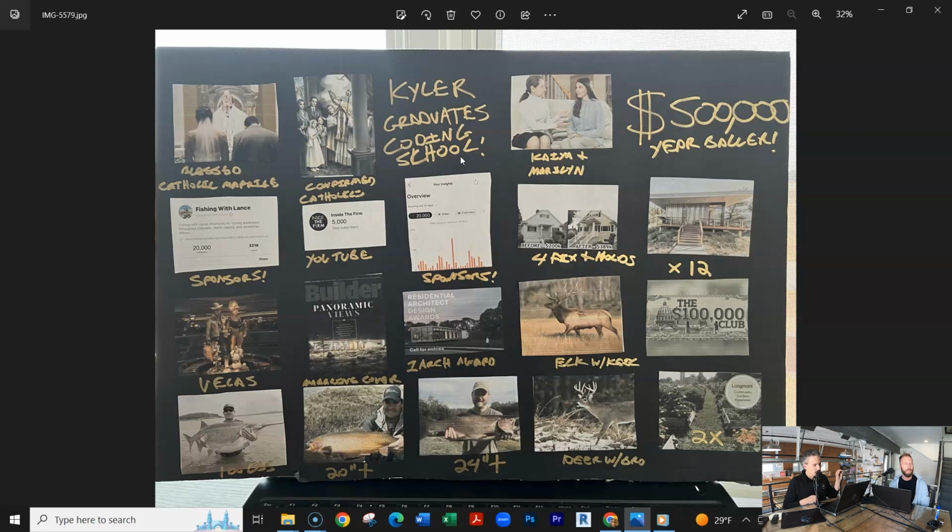Start getting into fix and flips. I've been talking about them for a while, and holding those as rentals to increase my real estate holdings and investments. And then one big one for you architects is